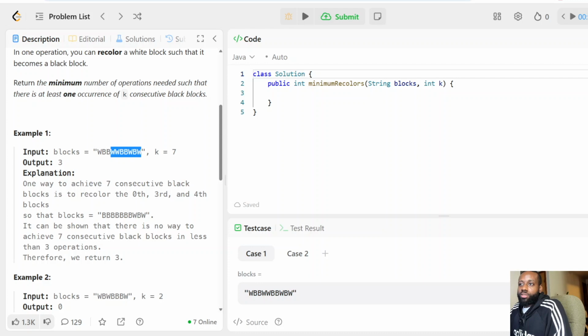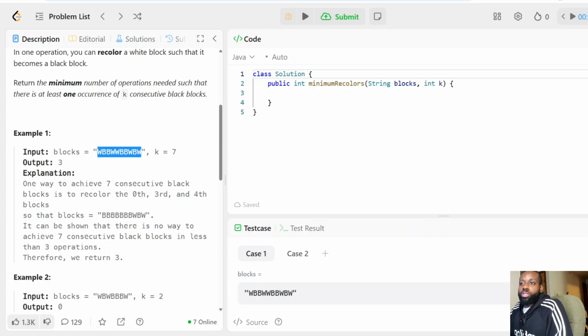There's one right there, and it's still 1, 2, 3, 4, 5, 6, 7. There's still 3 W's in there, so we still need to do the 3 operations. That's the minimum one. So you see how this is how we would do it, trying to generate every possible one, right? So as we're generating,